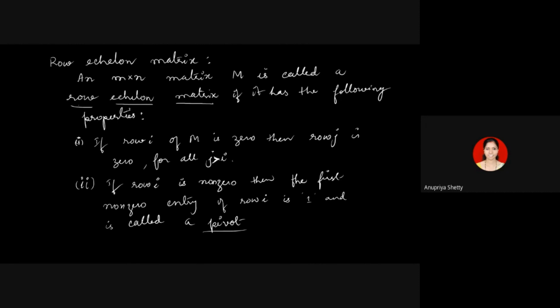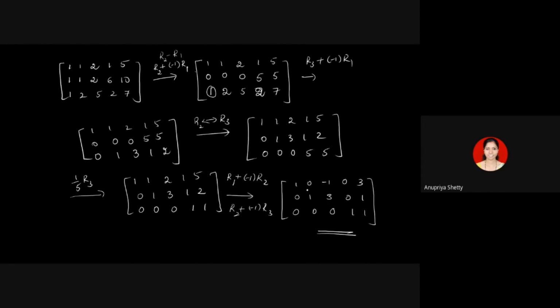I'll go back to, I think I erased it. No, it's here. So look at this matrix. The first row is a non-zero row. Look at the final matrix here. So the first row is a non-zero row, and the first non-zero entry is in the first position, which is 1. So this is the pivot of the first row. In the second row, the first entry is 0, but the first non-zero entry is 1. So that's a pivot. If it was something like 4, I would be multiplying the second row by 1 by 4 so that I'll get 1 here. So that is a pivot of the second row. In the third row, you have 3 zeros, but still the first non-zero entry is 1. So this is a pivot.